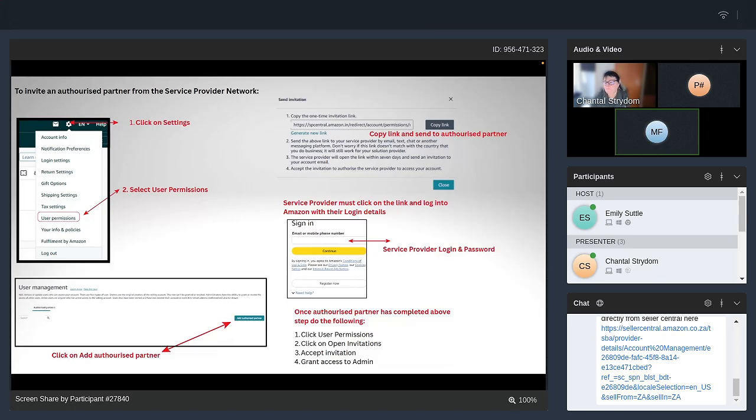So if your products are already loaded, you would go to manage all inventory, and tick the boxes of the products that you want to change. A section called select group action will pop up, and it will say change to Fulfilled by Amazon or Fulfilled by Merchant. And then you just have to enter the dimensions of your products, the sizes and weights. And then for barcodes, that's not an issue,